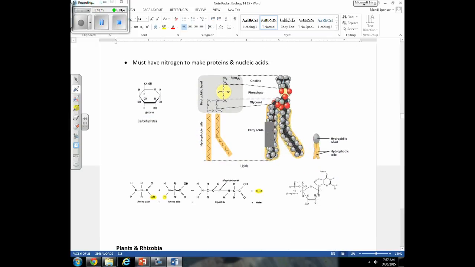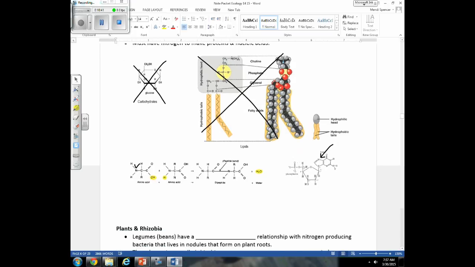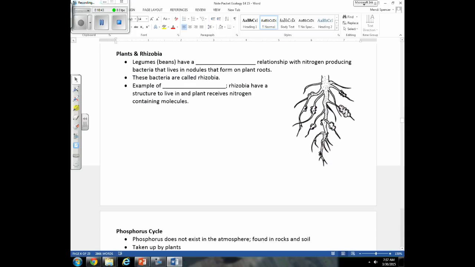I put the 4 different organic molecules here, not because all of them need nitrogen. It's actually so you can kind of see the ones that really do need nitrogen. So we have to have nitrogen in amino acids, but we do not need nitrogen for carbohydrates. We don't find nitrogen in lipids, but we do find nitrogen when we look at the nitrogen bases in nucleic acid. All organisms need to take in some form of nitrogen so that they can make those organic molecules that